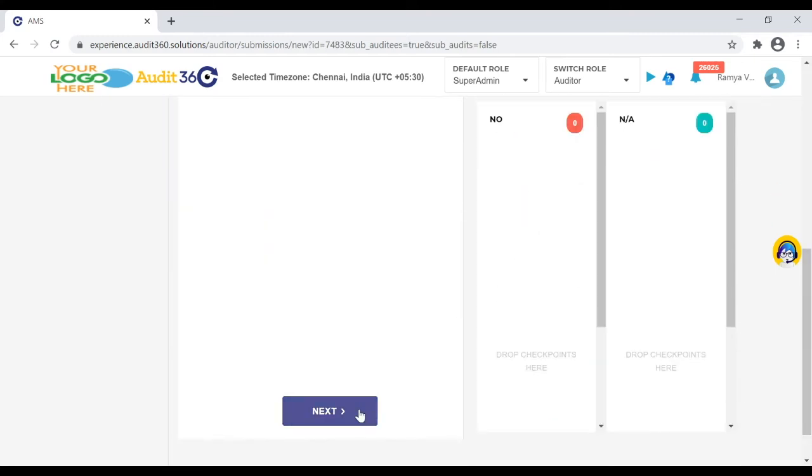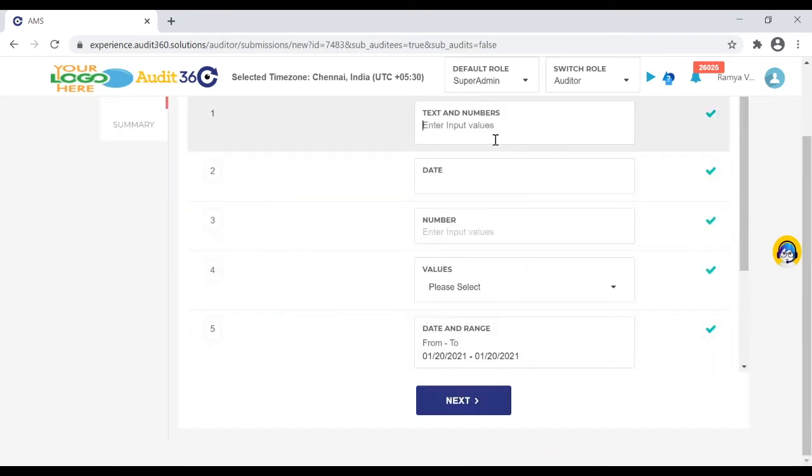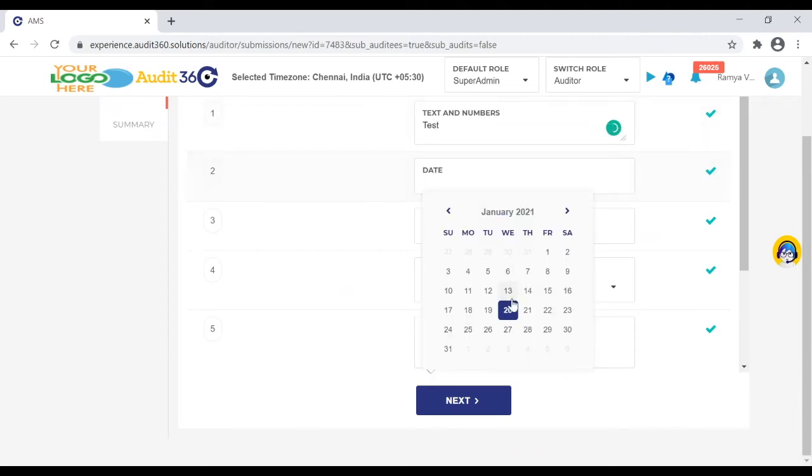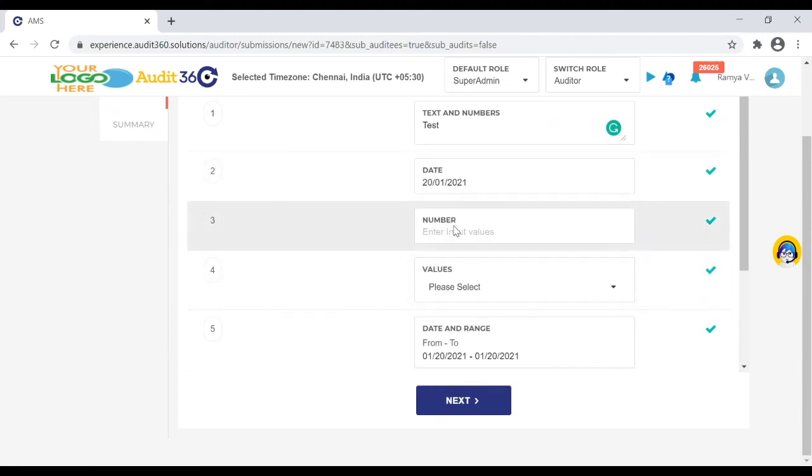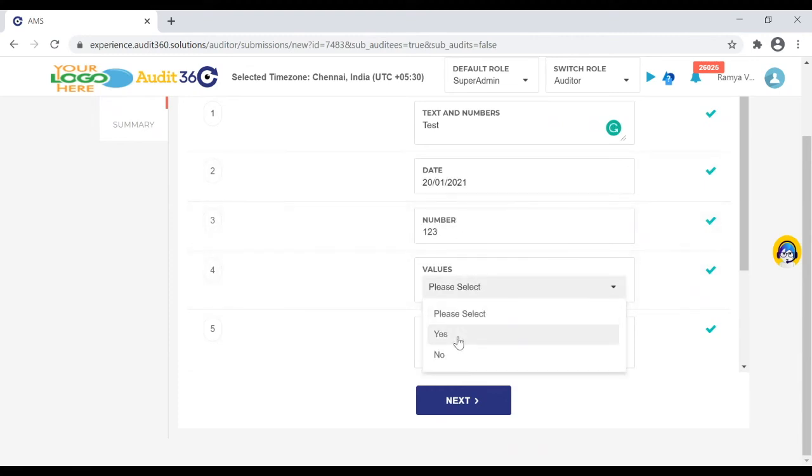My checkpoints are done and I'm just giving the relevant information.